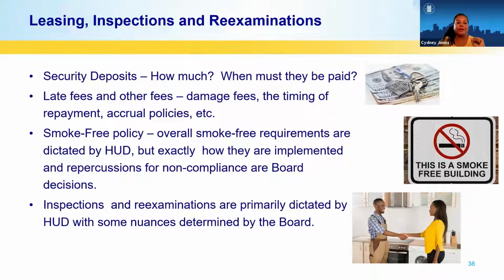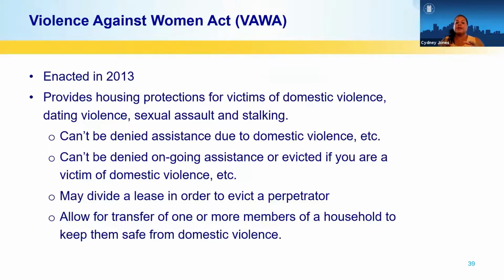the board. So let's talk a little bit about the Violence Against Women's Act. And again, in 2013, Congress passed VAWA, as we refer to it, which protected victims of domestic violence, sexual assault, and stalking from losing their housing or being denied housing due to abuse. So after the passage of VAWA, all PHAs had to add a section in their ACOP outlining how they will administer the requirements of VAWA to ensure compliance and best serve residents and applicants that may be victims of domestic